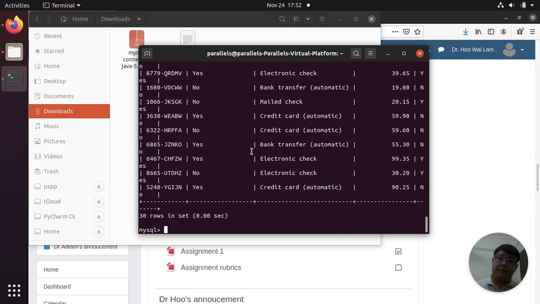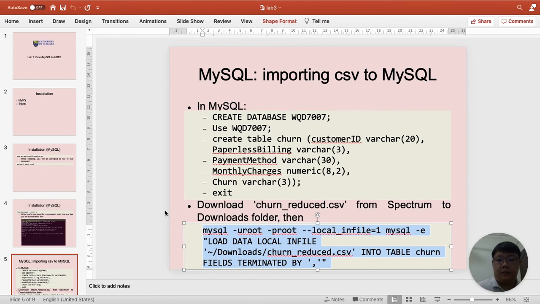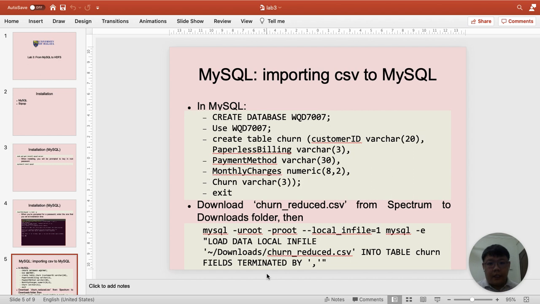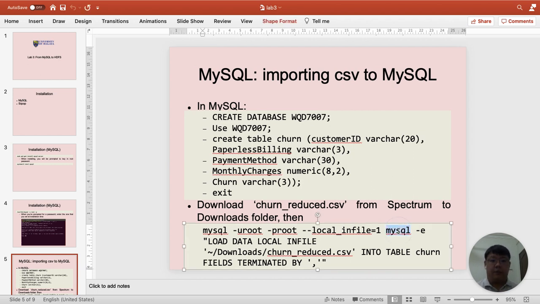Okay. So with some debugging, from the slide itself, you should change to WQD7007. Then you'll be able to upload your CSV data from a local file into your